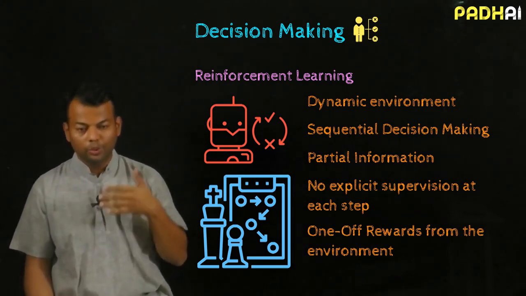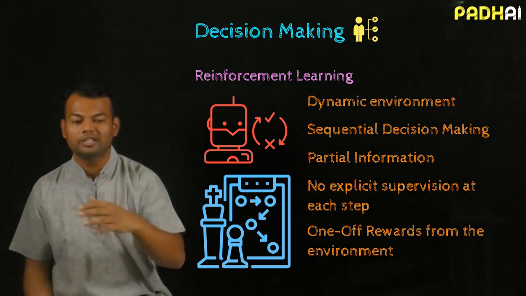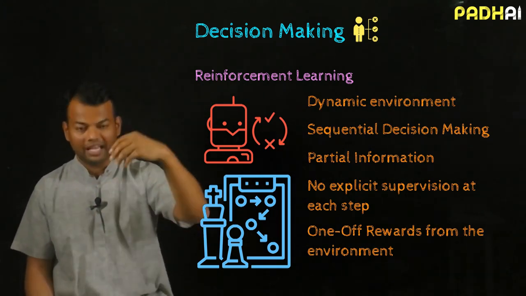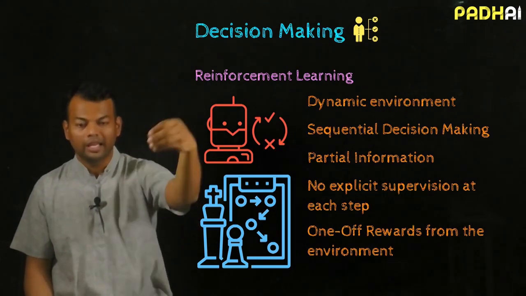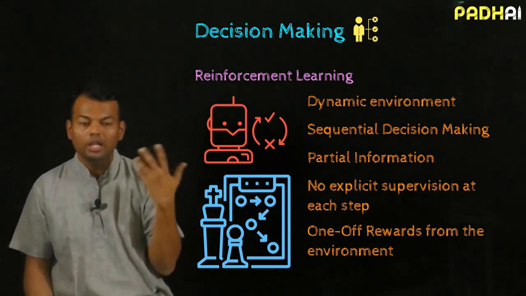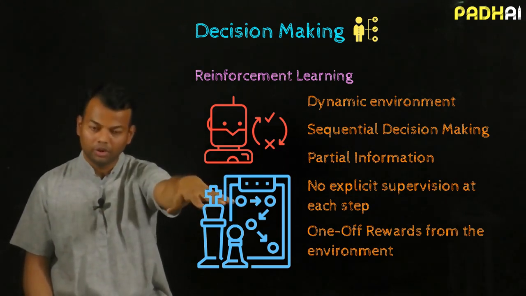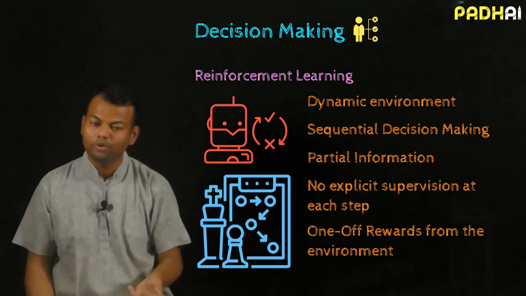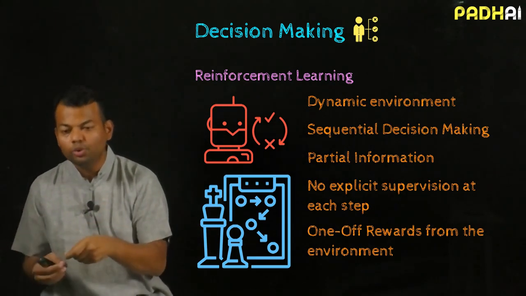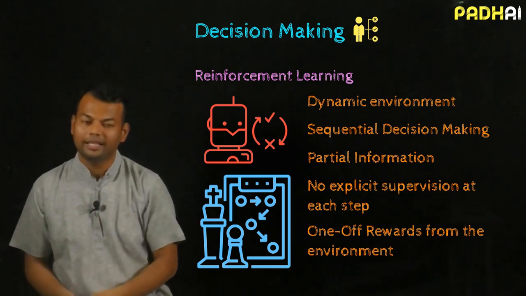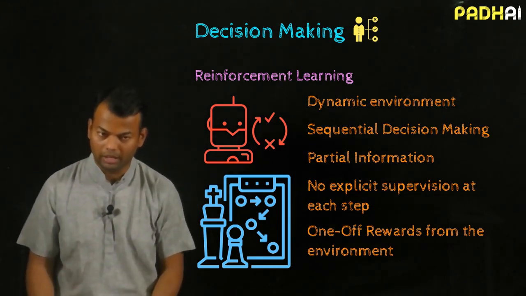Typically what you would do is run a large number of simulations where the AI agent keeps playing. It loses games, it wins games, and every time it loses or wins, it propagates this information back to all the moves that it had made. That this set of moves led to a bad outcome, this set of moves led to a good outcome, and that's how it learns, given a particular state of the board, what is the best move to take. And that's what reinforcement learning is all about.